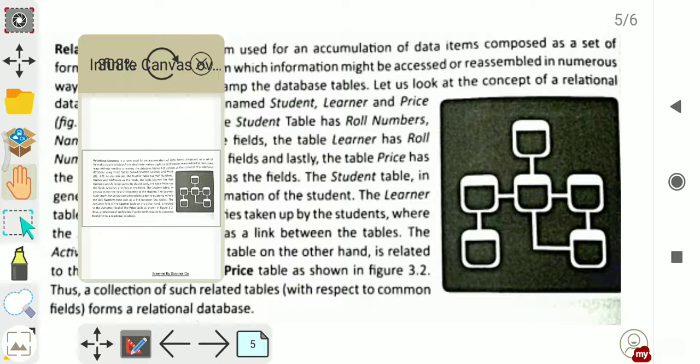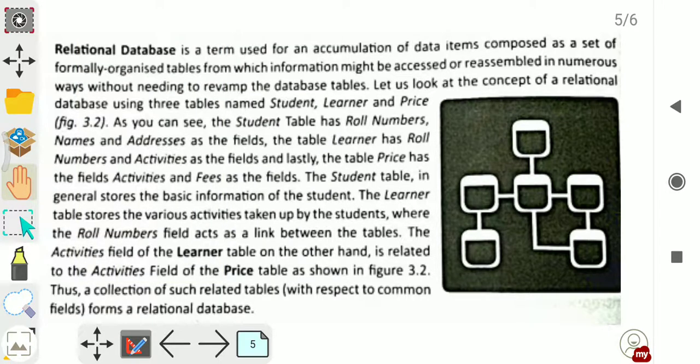So let us see what a relational database is. As we know, a database is a collection of data, a well organized form of data collection. It means a database is a collection of well organized data, and this type of